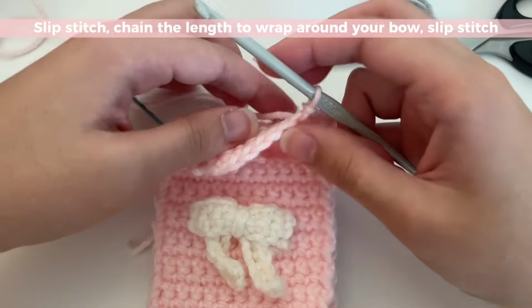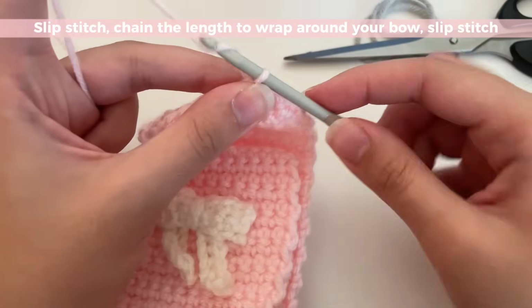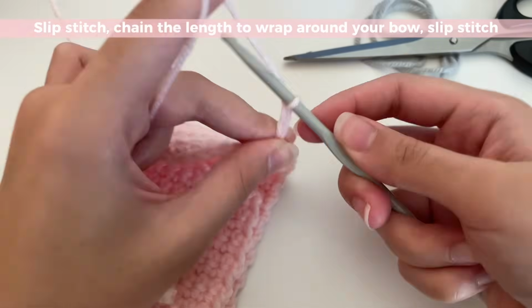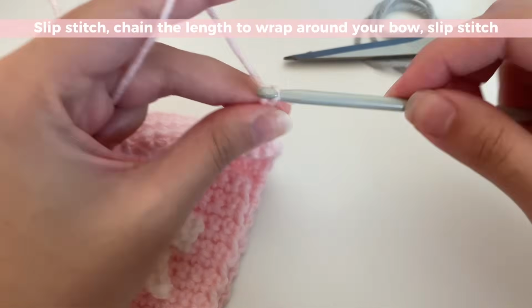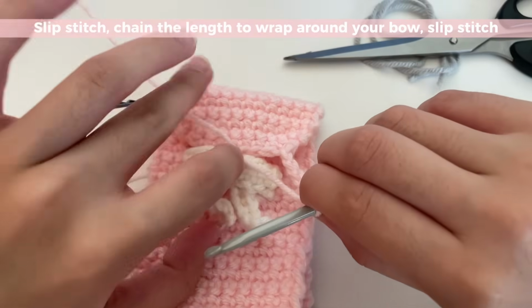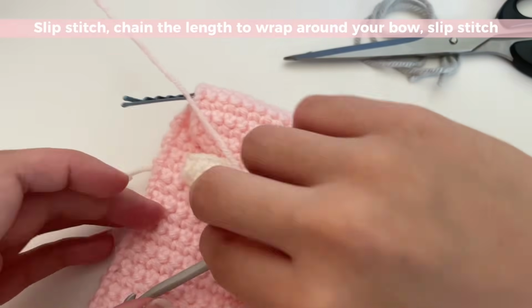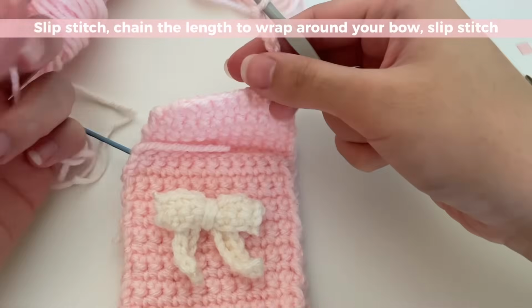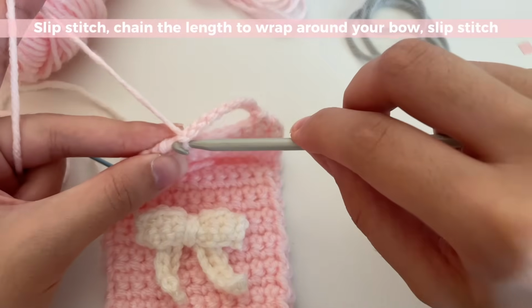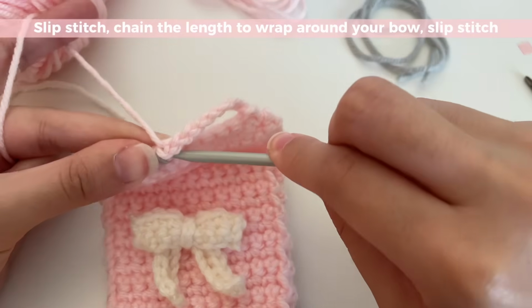You're just going to chain. So go ahead and chain the number of chains that you need until it can wrap around your bow. So you've got your bow and you need to chain enough so that it can wrap under your bow. And then once you've got that length, you're just going to slip stitch back over here at the end of your work,